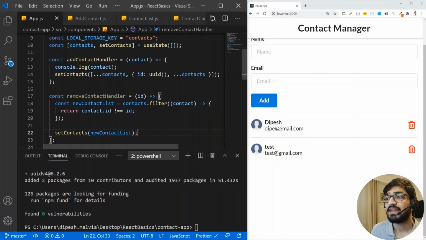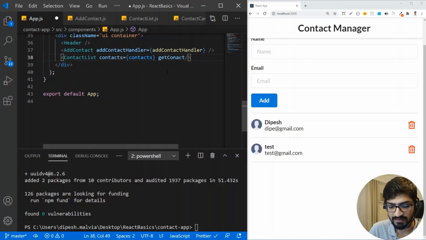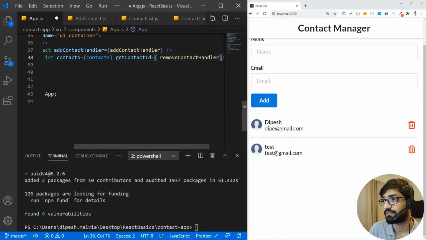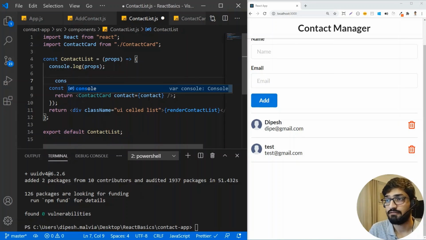All right, and now I have to pass this handler to the contact list. So I'm going to pass the handler here. I'm going to give a property name as get contact ID, and this contact ID will take my handler. All right, so in the contact list, we are going to create the function. So I'm going to use the delete